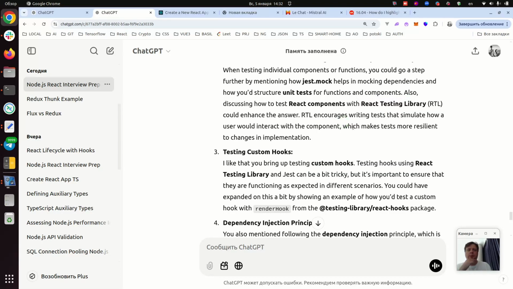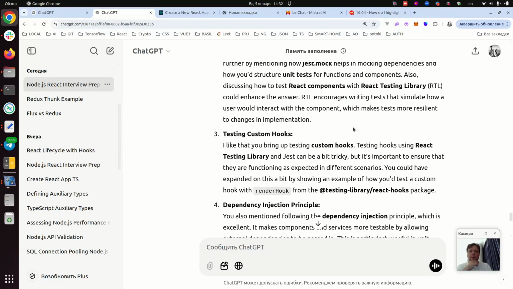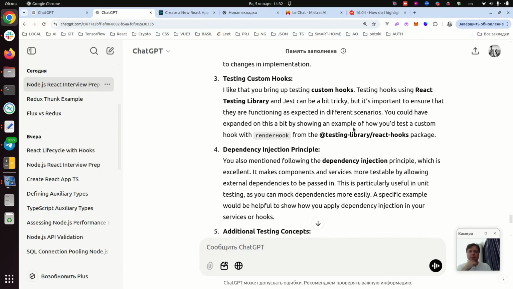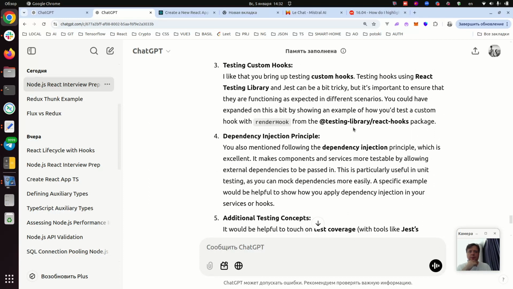It encourages writing tests that simulate how a user interacts with command. Testing custom hooks. I like to bring up testing custom hooks. React just a bit tricky, but so we're ensure that their function is expected. I have expanded on this by showing an example of how you test a custom with render hook from testing